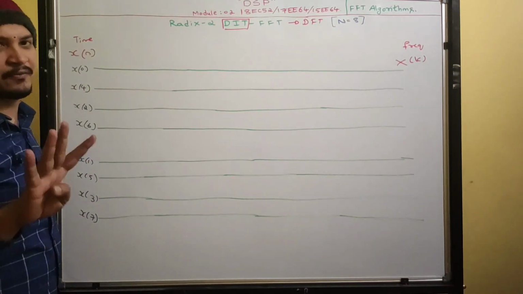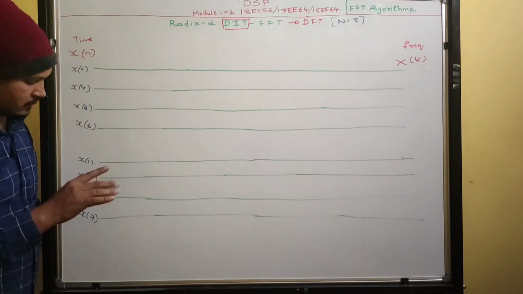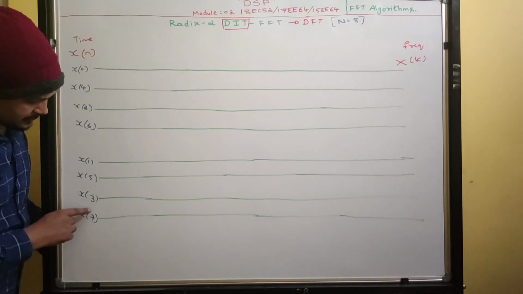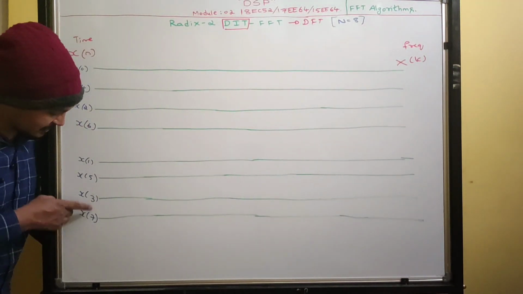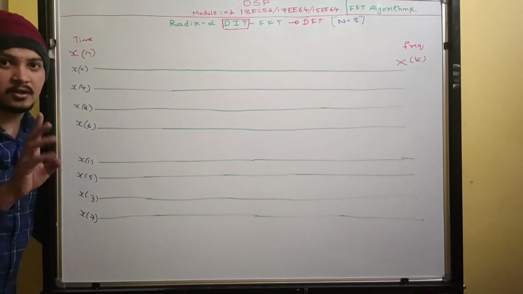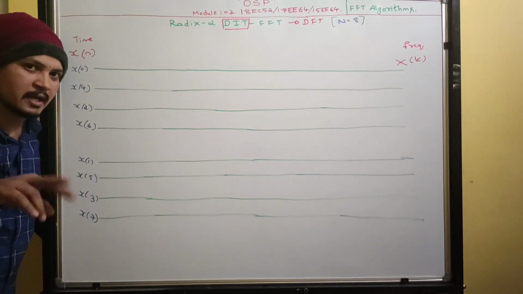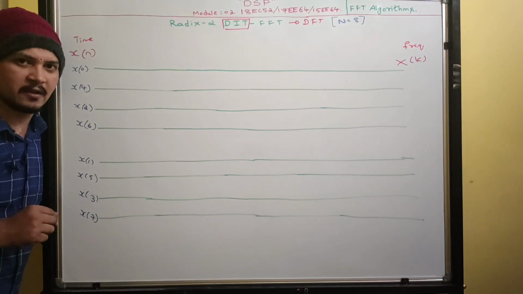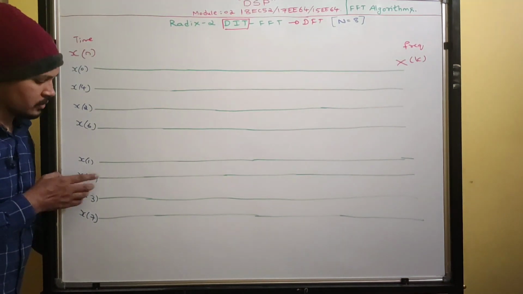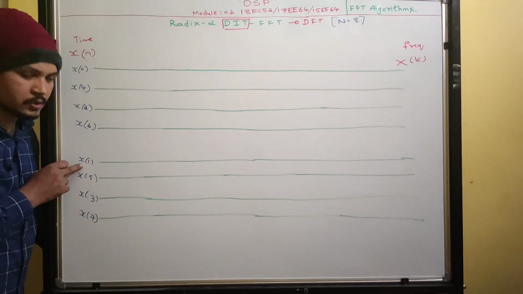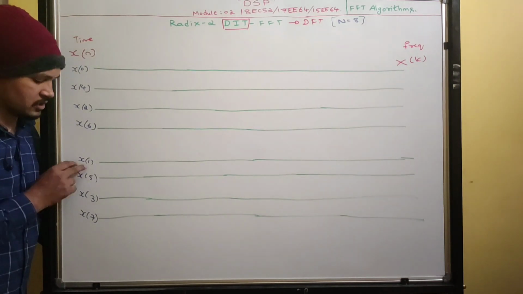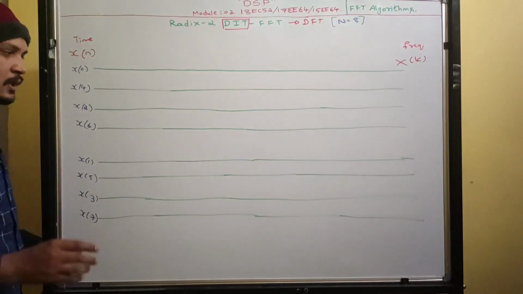What is the difference you should get? 4. 6 minus 2, 4. 5 minus 1, 4. 7 minus 3, 4. Suppose if you write 7 here, compare it. You should get 4. So then you should realize I made a mistake. Okay, so this is the way. Make 2 groups. Bottom minus 1, upper 1. So subtract, you will get 4. Like that you can remember.